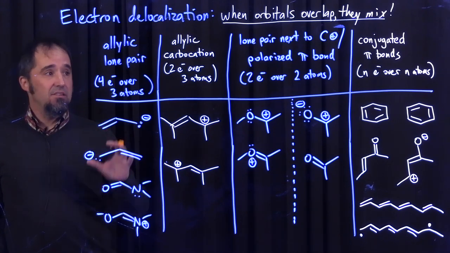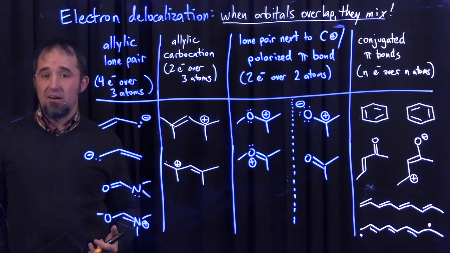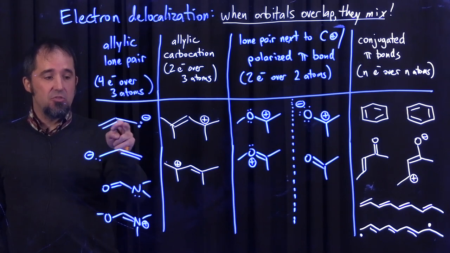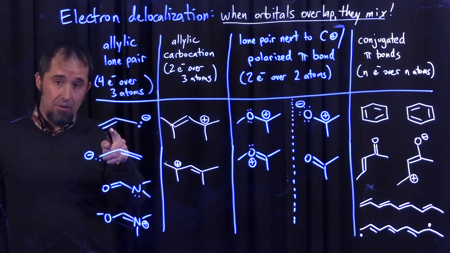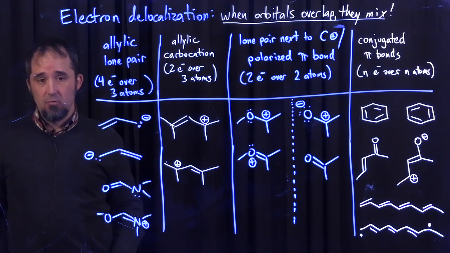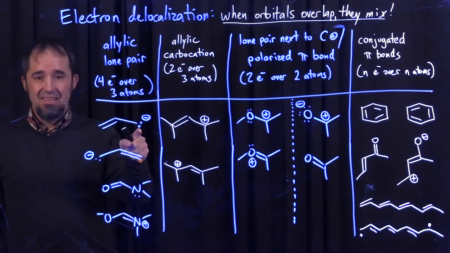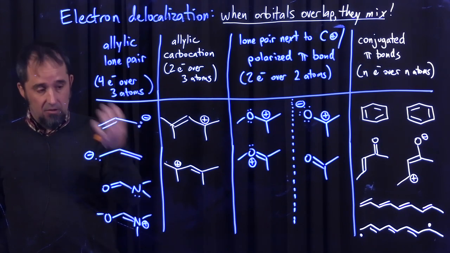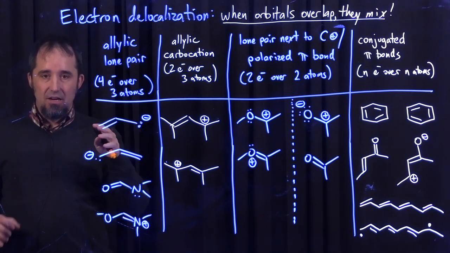So the big ones are here. So the allylic system, that's what we went into detail on the last video. Allylic just means this 3-carbon chunk where there's a double bond, pi bond, between 2 of the carbons, right? So here I would call this a pi bond, and then I would call this the allylic position next to a pi bond. So here, in our last video as well, we talked about having 4 pi electrons that are